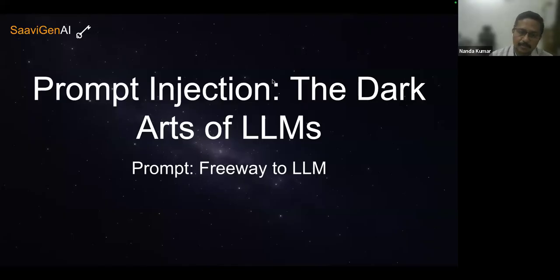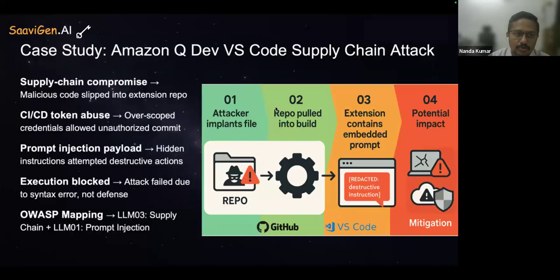So in this session, we are primarily going to focus on one aspect, prompt injection. What are the different types of prompt injection? I'm going to show you a live example also, of how to manipulate the AI chatbot to extract information that it is supposed to not give out. Okay, in the first example,